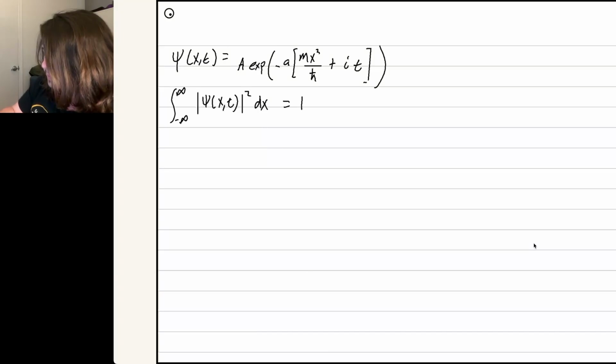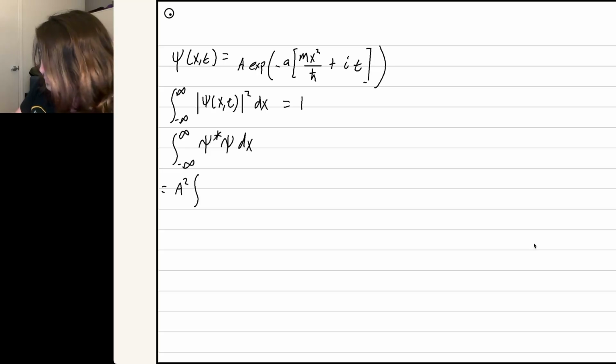It should be equal to 1. For this one, you're going to have to take a complex conjugate of the wave function because it is complex. So it's going to be psi star psi, which very simply ends up being